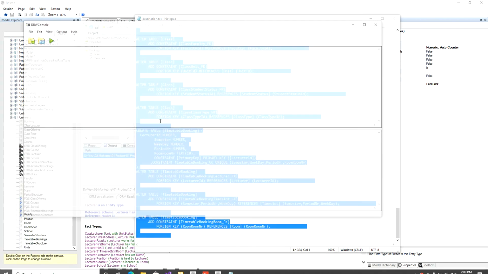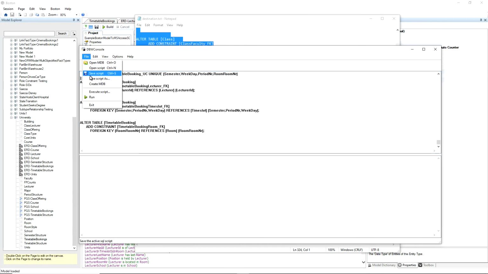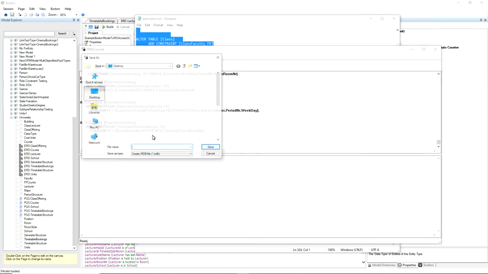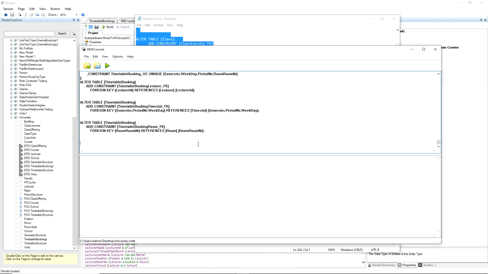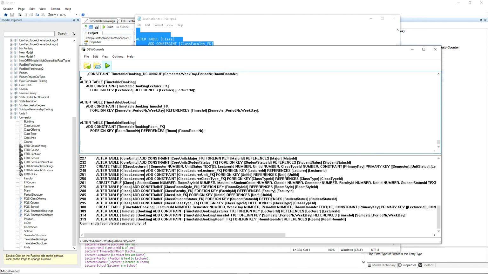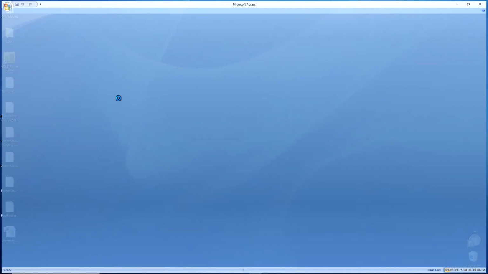We'll go to a special piece of software to create our Access database. We'll just create a new Access database and we'll call it University. So it's created a blank database for us called University. Just going to hit Go on that SQL, and it's completed successfully all the various SQL commands. So let's go to the desktop now, and open that database,